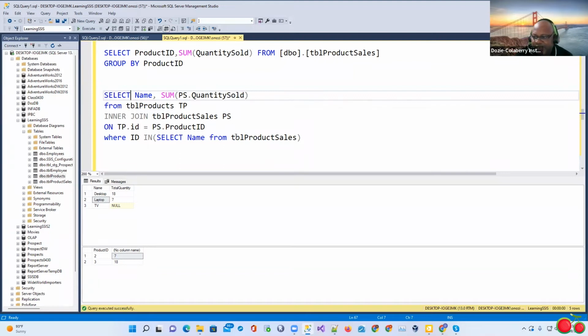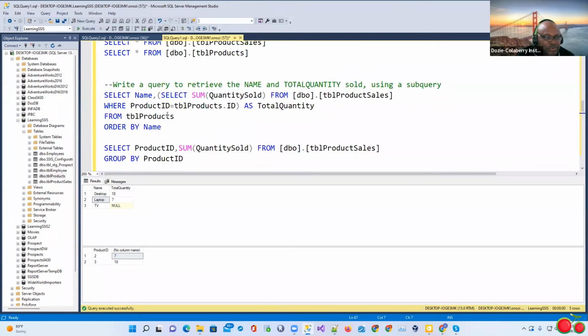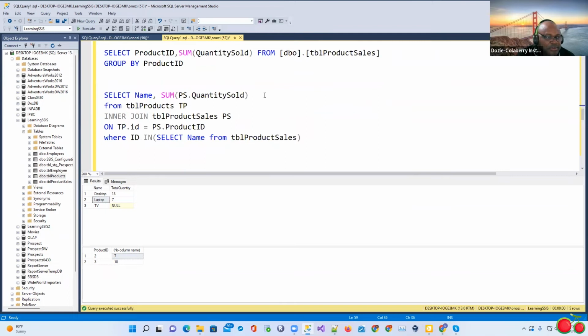So we are selecting name, sum of quantity sold, and sum of quantity sold. What did we call it? We call it total quantity. Okay, let's call it as total quantity. Then we are selecting from